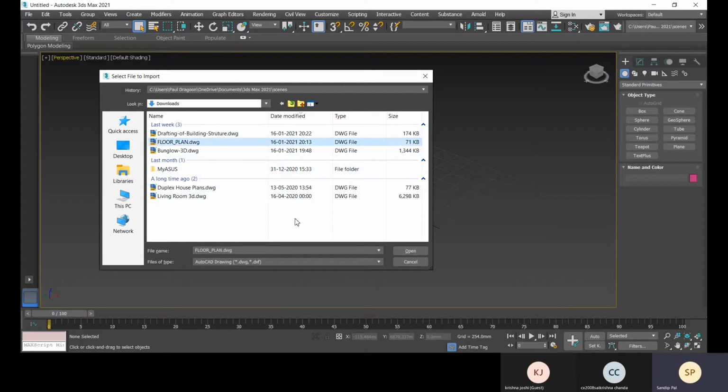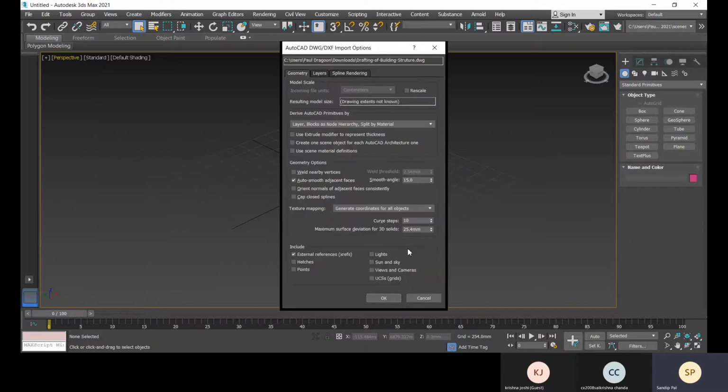Okay, let's select this. Now you have to go with these settings. These things, nothing to be changed. The only thing you have to set is the unit.